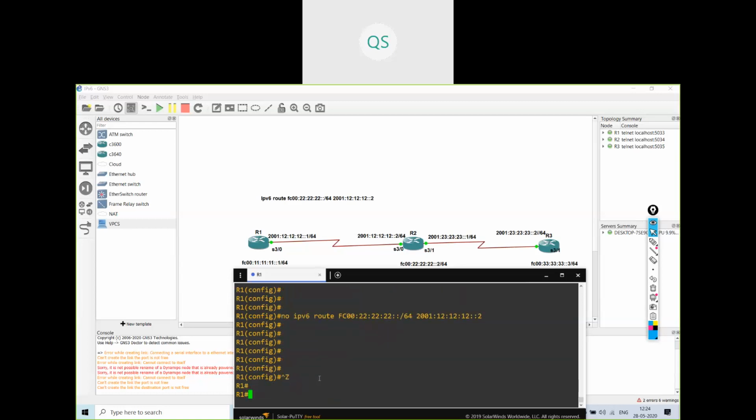Okay, show run. There is nothing configured.